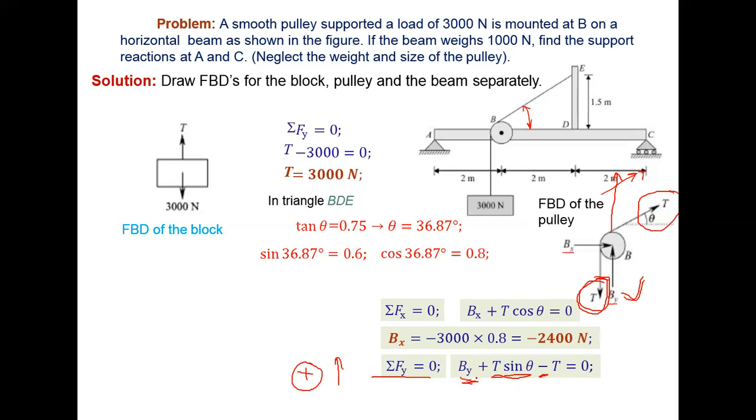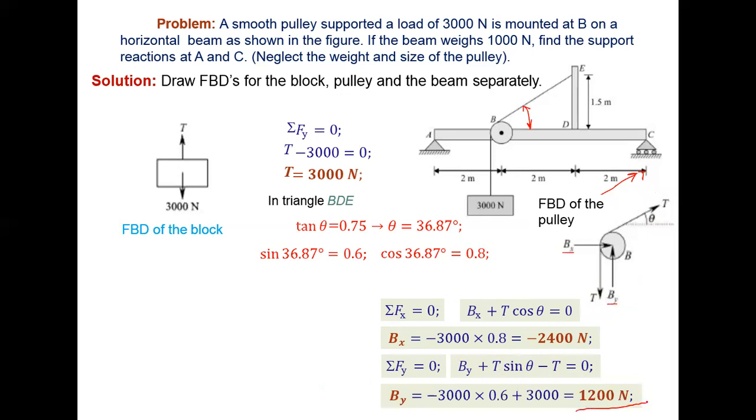And if you sum up all the forces, the net will be equal to 0. So By plus T sine theta minus T is equal to 0. Now we know T, we know sine theta, so we can easily find out By. So By will be equal to 1200 Newton. Okay, done. So we have now calculated all the internal forces acting on the system. Okay, now it's time to calculate the external forces